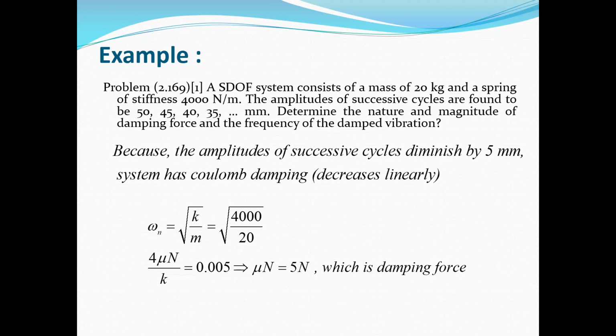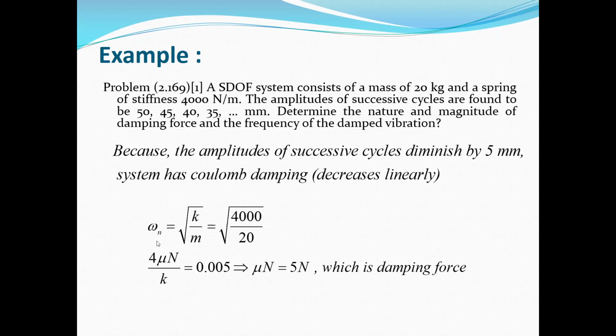But here we have a system with Coulomb damping, so the natural frequency is the same as an undamped system, and it's equal to the square root of k divided by m. Here we have the stiffness and the mass of the system, so easily we can calculate the natural frequency, and also the magnitude of the damping force